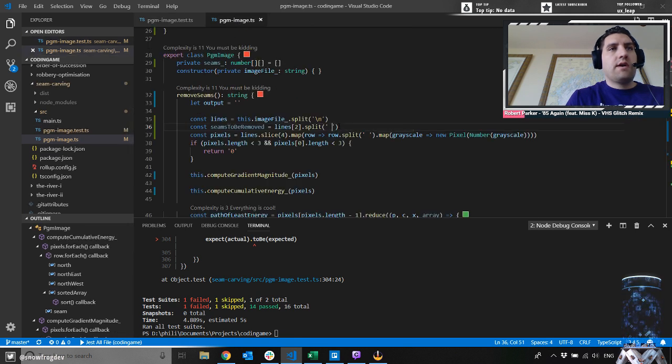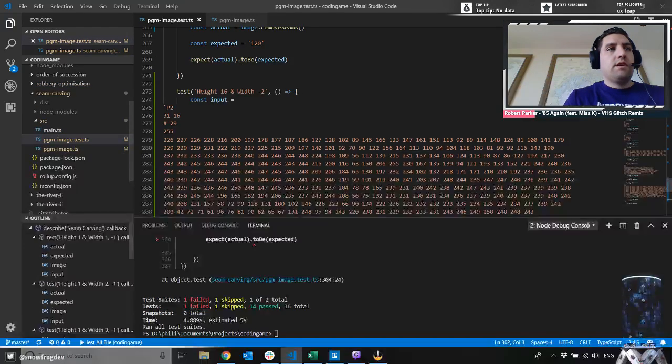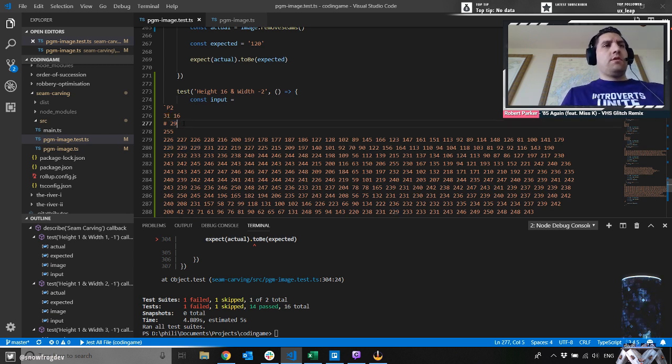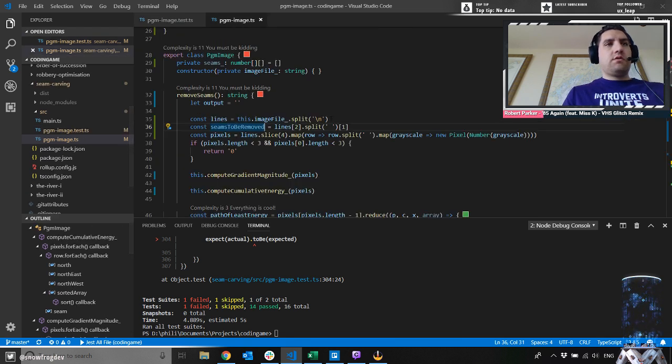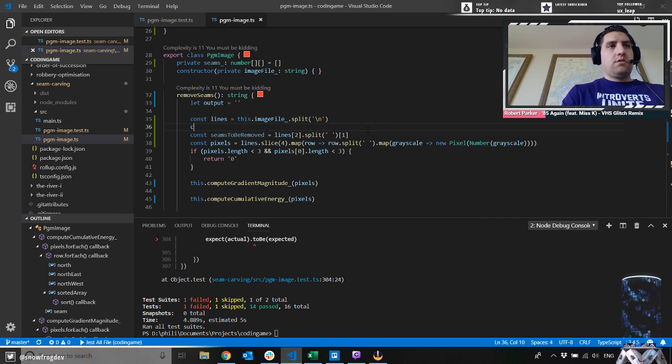Okay, so now we have an array. We don't care about the first element of that array. We want the second one, which is the seams to be removed. Or actually, it's not the seams to be removed. It's the amount of columns we want to end up with. This is the original amount of columns, so we need both. Okay, so now let's get const that width, height